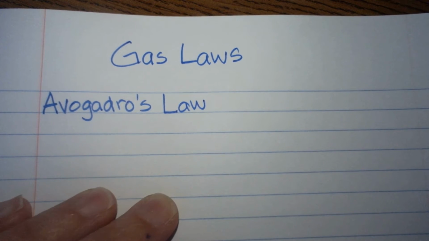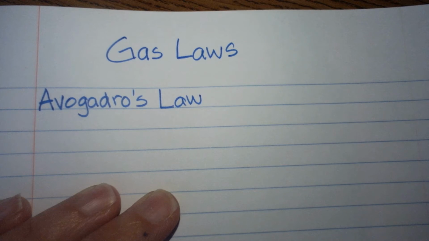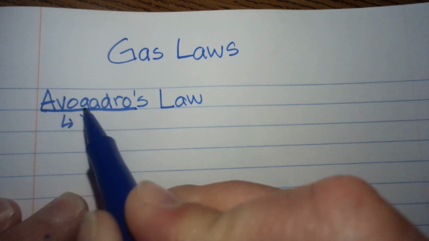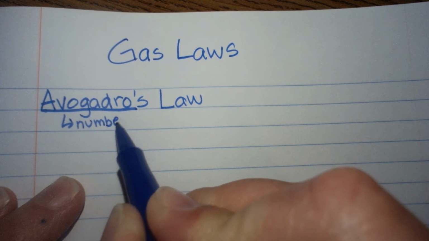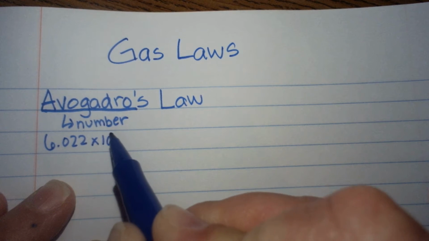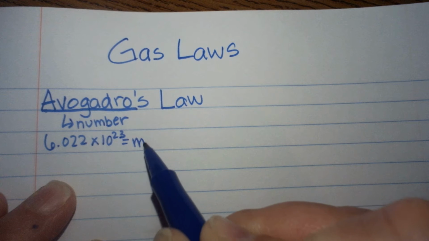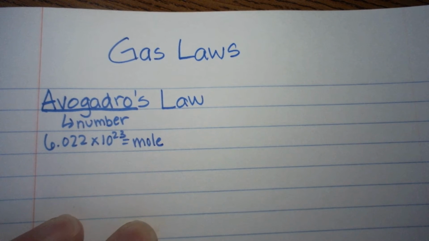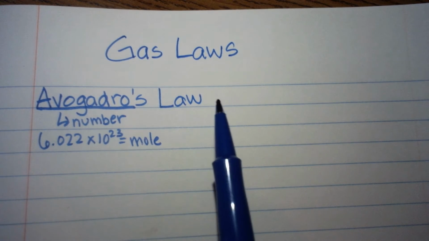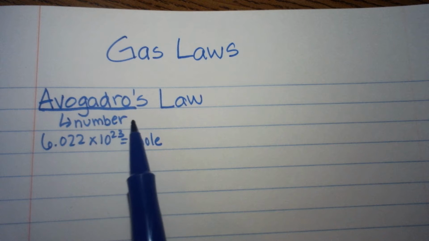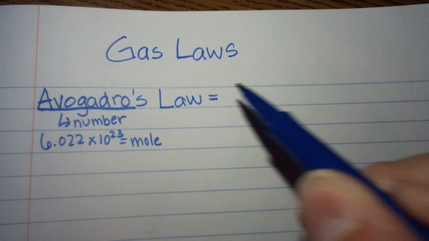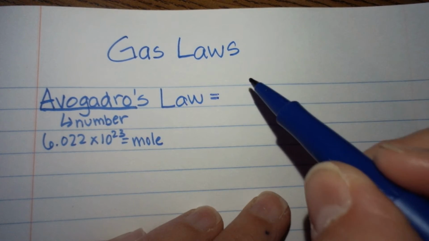Alright, so the first one that we just watched the short video on was called Avogadro's law. And we remember Avogadro from Avogadro's number. Avogadro's number was 6.022 times 10 to the 23rd, and that is a mole of particles. So if we can relate Avogadro's number to Avogadro's law, I think it will help us remember what Avogadro's law actually is. And this is sort of in simple words, but Avogadro's law basically says